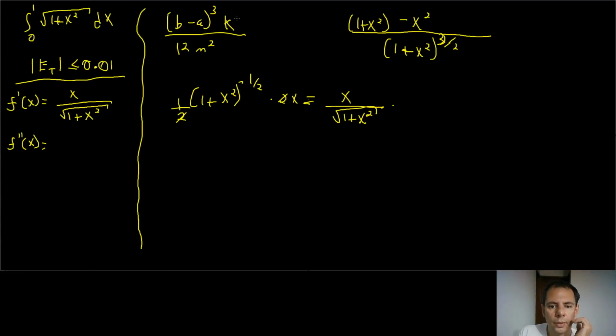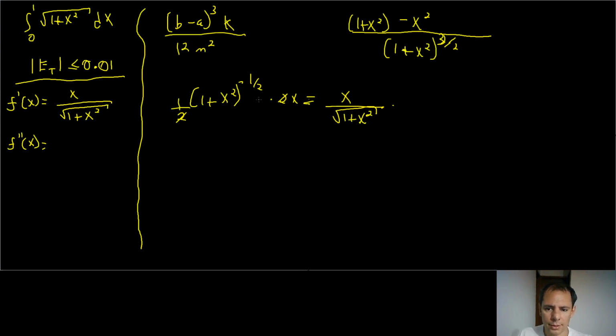So you have to find what is k again. This is the formula, and I said that k is the maximum absolute value of the second derivative from a to b, which is going to be from 0 to 1. The first derivative I've already calculated here is x divided by the square root of 1 plus x squared. So all you got to do